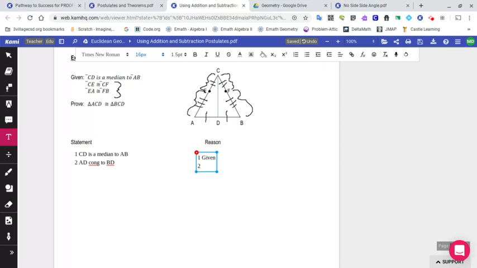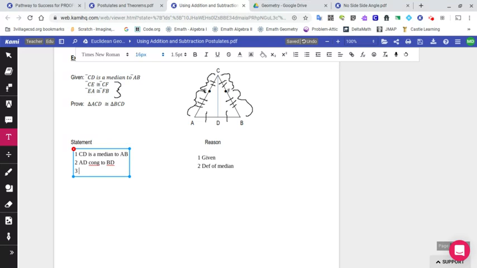And that is by definition of median. The definition of median says that CD goes to the midpoint of AB, meaning those two segments are equal. So we can say definition of median. Okay, so that's that side. All right, now I'm going to add in those other two